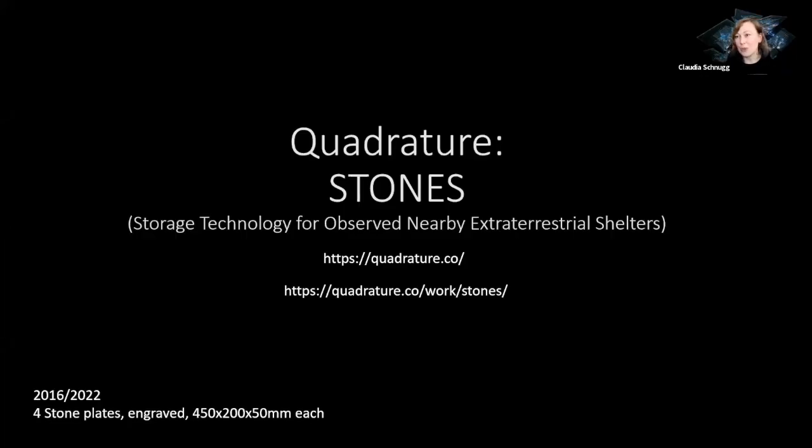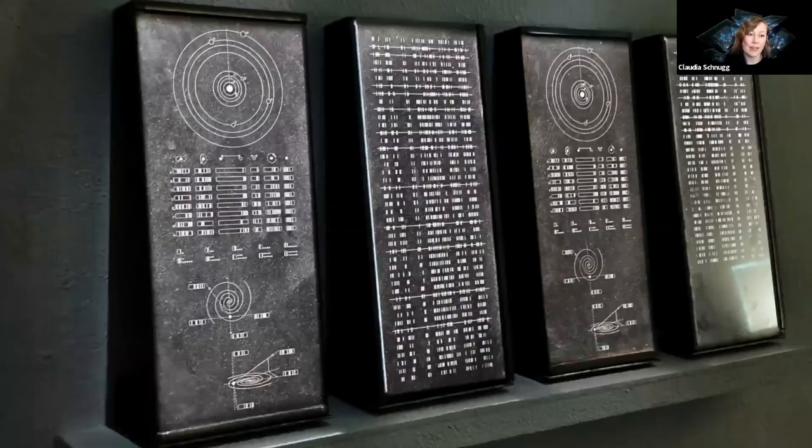And I actually wanted to focus first mainly on Stones by Quadrature, which is actually a piece that came out of a residency at the European Southern Observatory in 2016. And it actually goes back to this idea of how can we create a shape, how can we create this monolithic shape, which is also represented in 2001 A Space Odyssey, as something that is immediately a reminder that it's something artificially made,